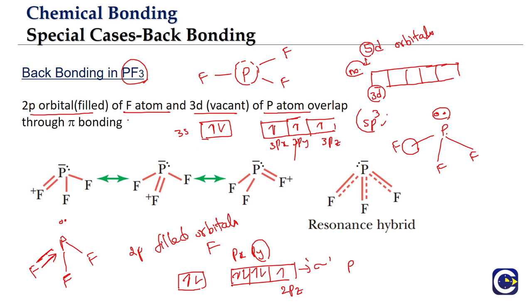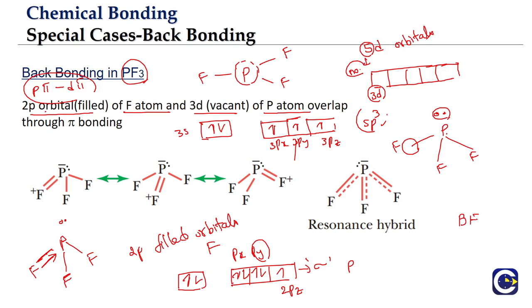and this overlapping will be called p pi d pi. Why is it called p pi d pi? Because it is between the p orbital and the d orbital. Okay, and as we have discussed, is this overlapping going to be very effective? No. Why? Because in the case of